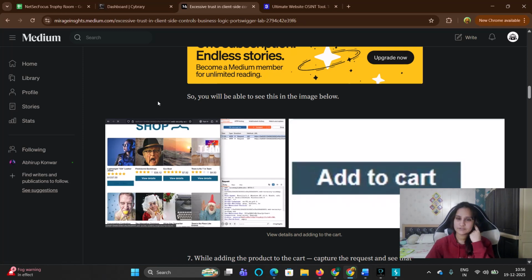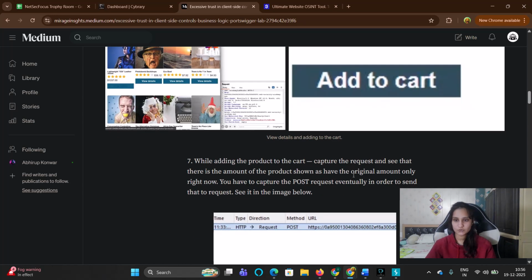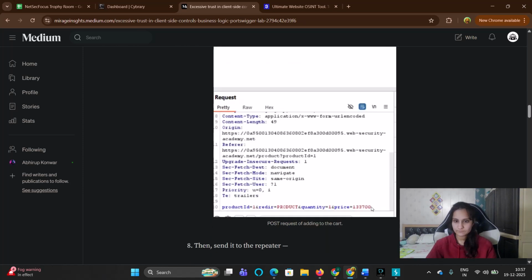You'll be able to see this in the image below. You can see the 100 store credits, and you can see the request captured, add to cart. You have to add to cart, and after adding that to cart, you will get a POST request, and you have to capture that POST request, because that is having the price rate. So this is how things work. The request you are capturing should be the one where you have to find the flaw.